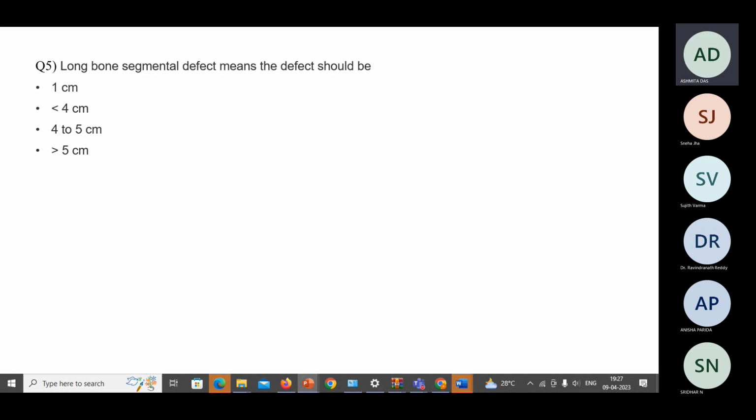Okay, so the correct answer is greater than 5 centimeter, because